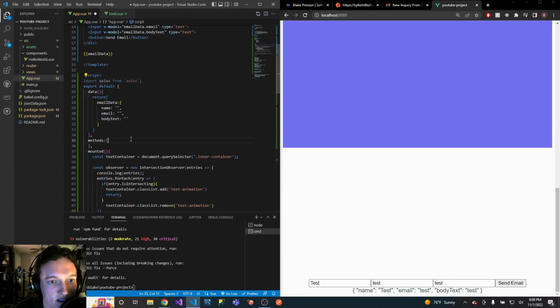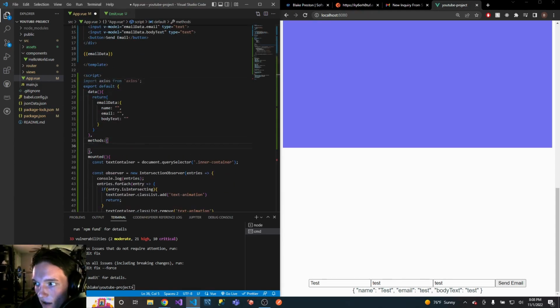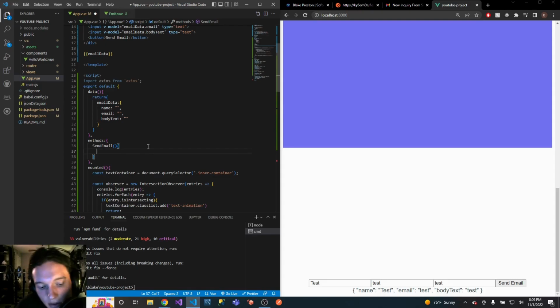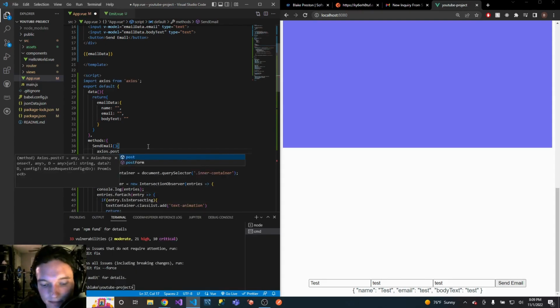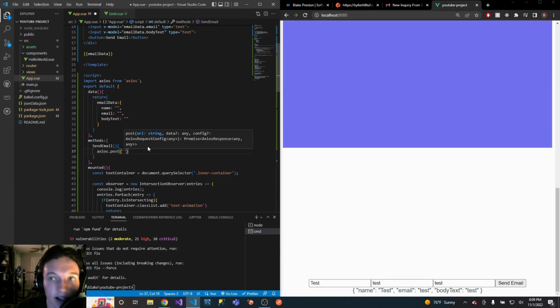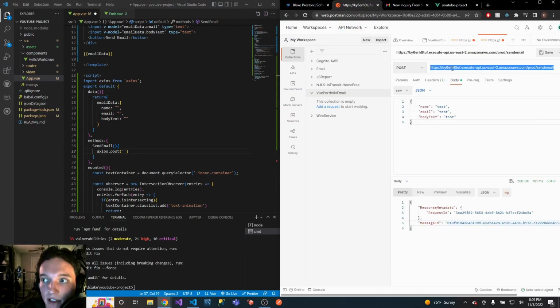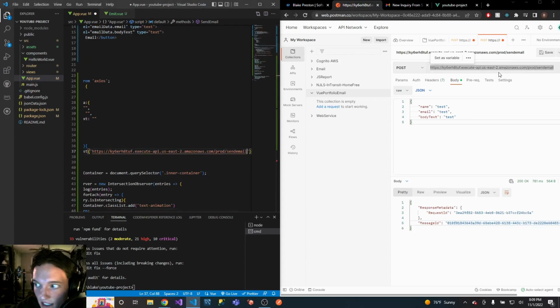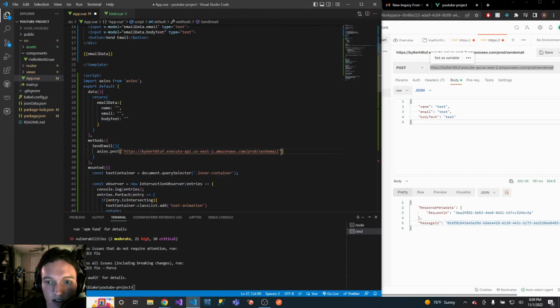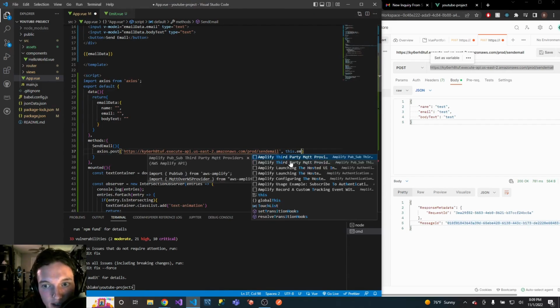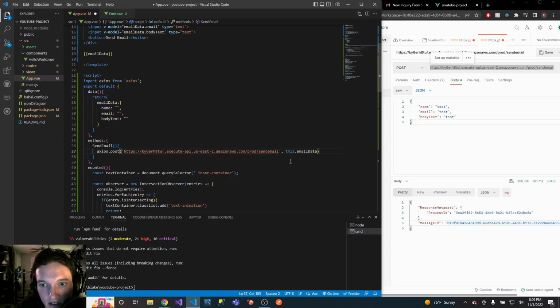Okay, so in our methods, let's create our send email method. So I'm going to call it sendEmail. And we're going to do Axios.post, since it is a post request. And this is going to take that API gateway endpoint that we created with the /send email. Right there. So basically the same exact thing that we set up in Postman here. Make this a little bigger. Okay, and we are going to pass in our email data. So to access that, you do this.emailData,